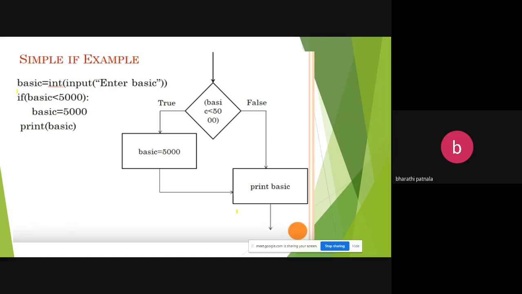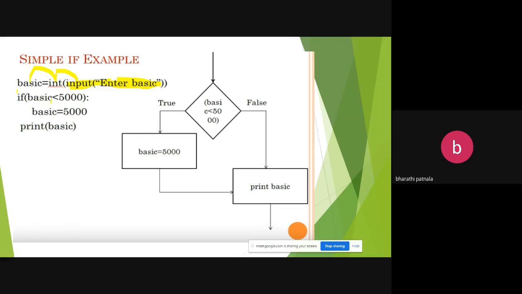Then you have to read the basic value. This is the function used to read the basic value from the keyboard. Once you read it, the value is in the form of a string. That's why you have to convert this value into an integer type and assign it to the basic variable.